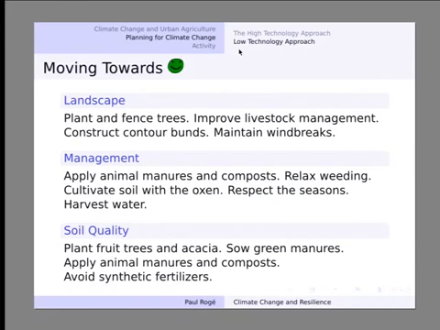And from there you end up doing some sort of evaluation, whether it's at the landscape level through a GIS lens, or by evaluating on the ground what's actually happening. And then you come out with recommendations and policy